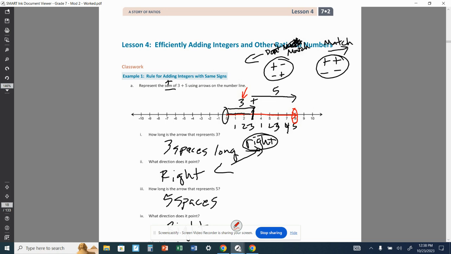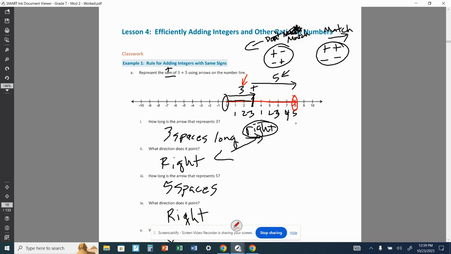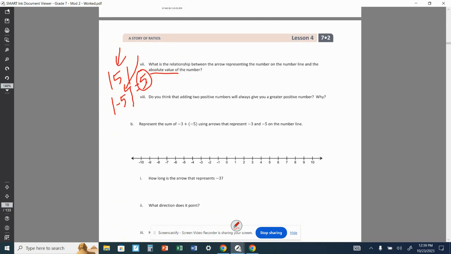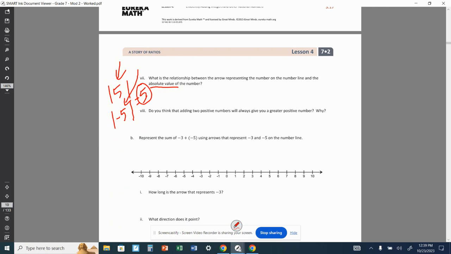This is 5 for the arrow, and we went a total of 5 spaces, so the absolute value of 5 is also 5 spaces, or 5 away. So the number on the arrow and the absolute value match. Okay, so the number on the arrow is the amount